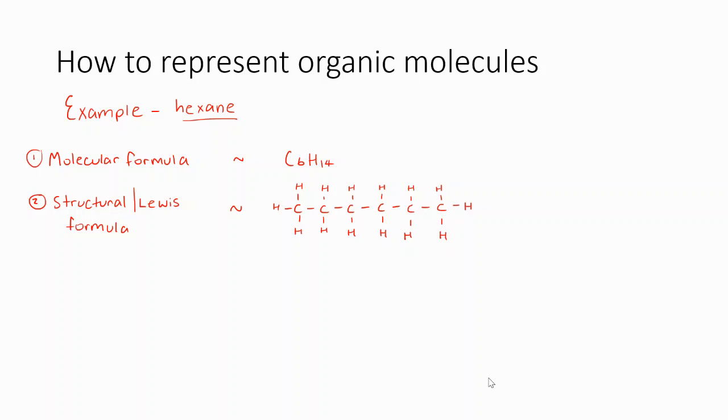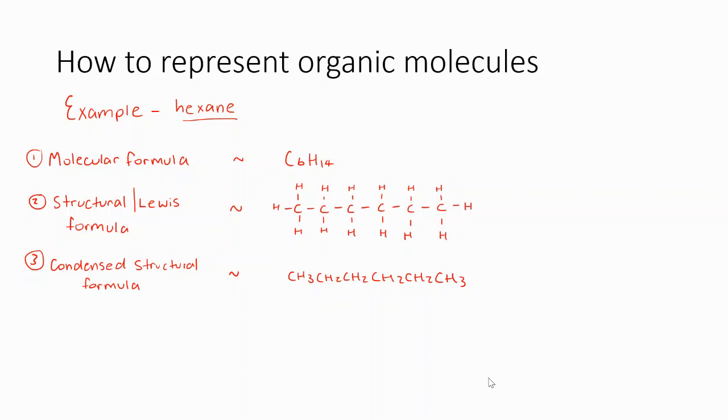So how could we simplify the structural formula? Well, we could use the condensed structural formula. That's where we know that carbon forms 4 bonds, so we can just write each of the small sections, how many hydrogens are bonded to each carbon, and a chemist can look at that and know that that represents the Lewis structure in example 2.